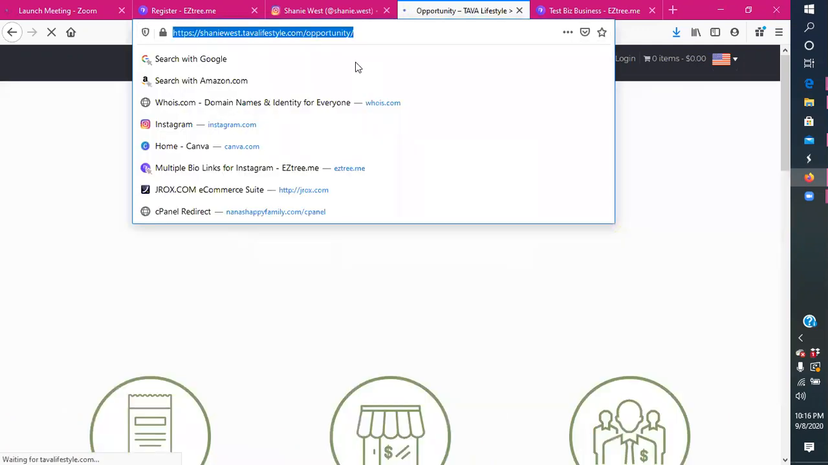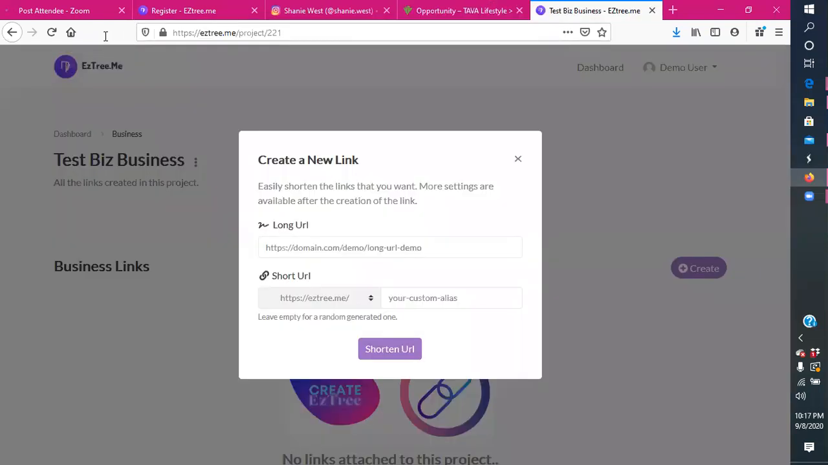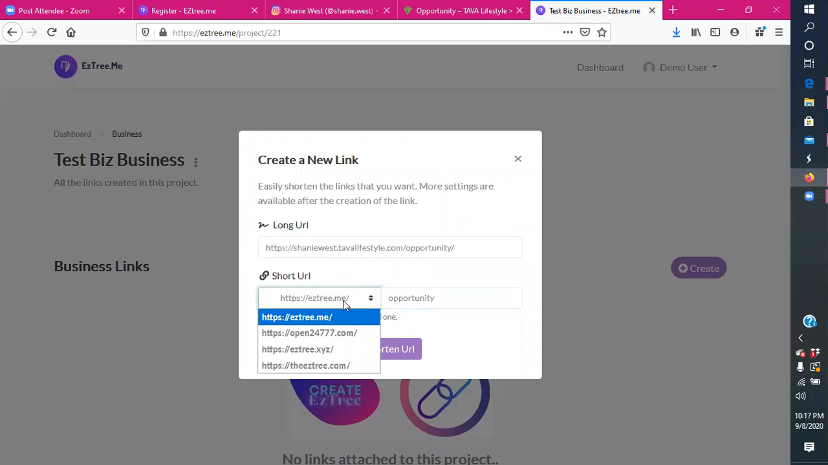So I would go into the address bar, I would copy that link, then I would come back down to the easy tree, take my long URL and paste it here. You see that? That's the opportunity link, and then I shorten it. And I can shorten it using, let's see, opportunity. If I have a paid account that allows it, I can also have several different types